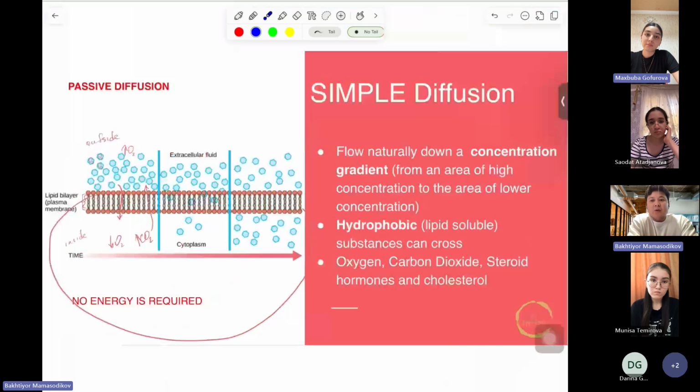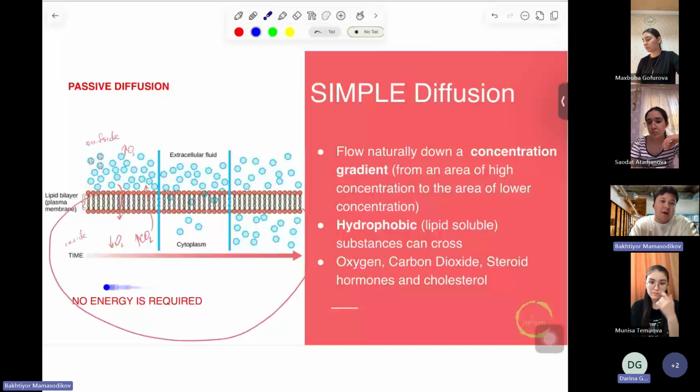And this process requires no energy. You do not need energy for this process. This process is free. Moving oxygen molecules into the cell is free. You don't have to go to KFC, buy chicken, and eat it to make energy in order to transport oxygen molecules into your cells. This is free of charge. No energy is required for this process. At this point, any question?